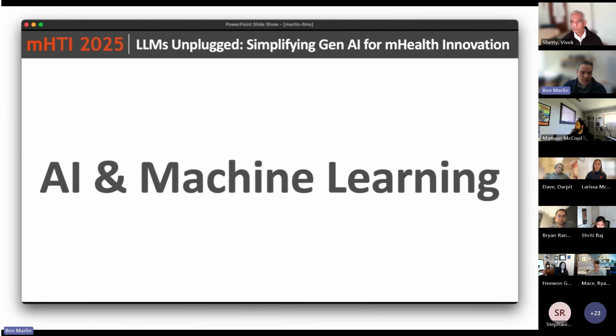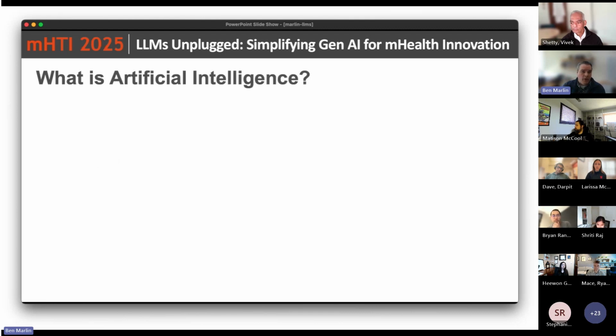All right, so to get started, just to level set in AI and machine learning, what is AI? Over the last maybe 5 years, artificial intelligence has really emerged as a consumer technology. Prior to that, there weren't really consumer-facing applications of artificial intelligence that many people were interacting with. That's no longer the case, thanks to tools like ChatGPT and lots of other emerging AI systems that lots of people have access to. That said, there's still a lot of misconception about what artificial intelligence actually is as a research field and what it comprises. There's some conflation of what machine learning is with what AI is.